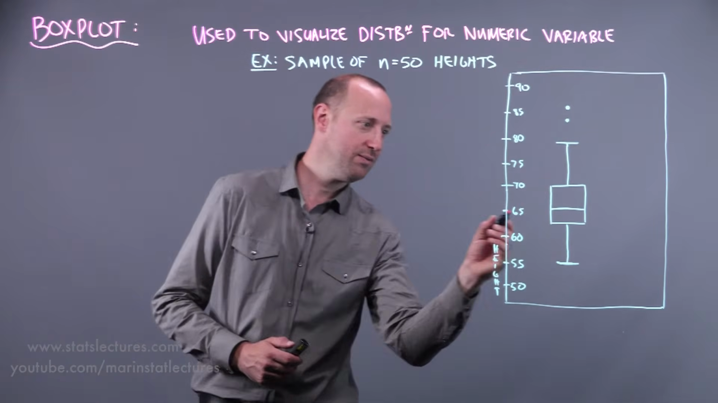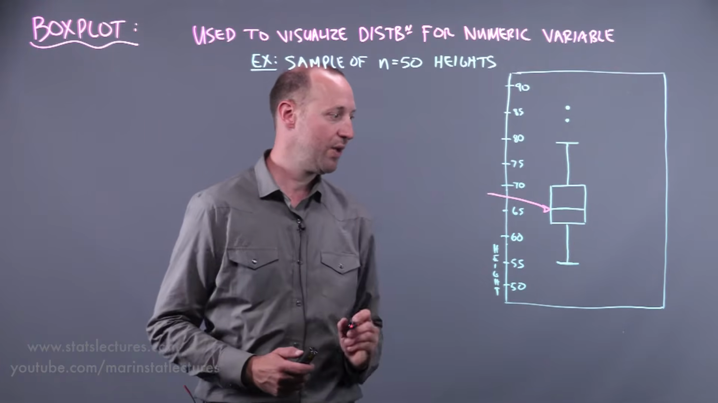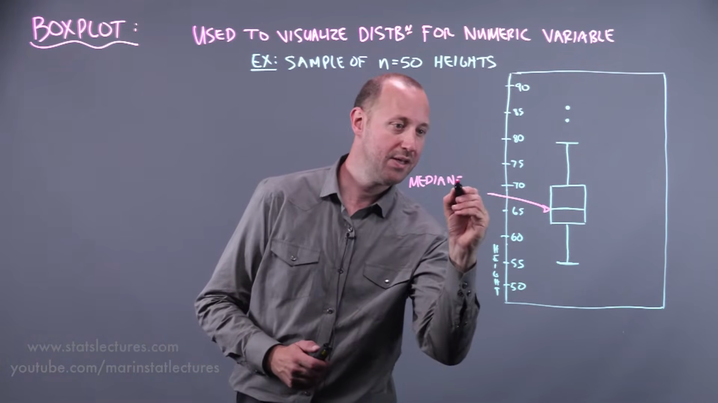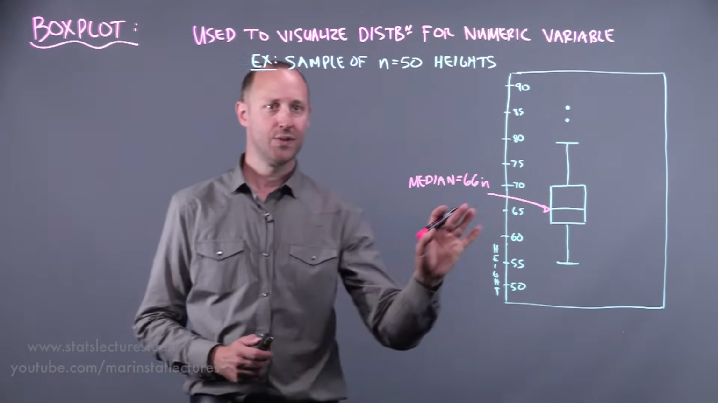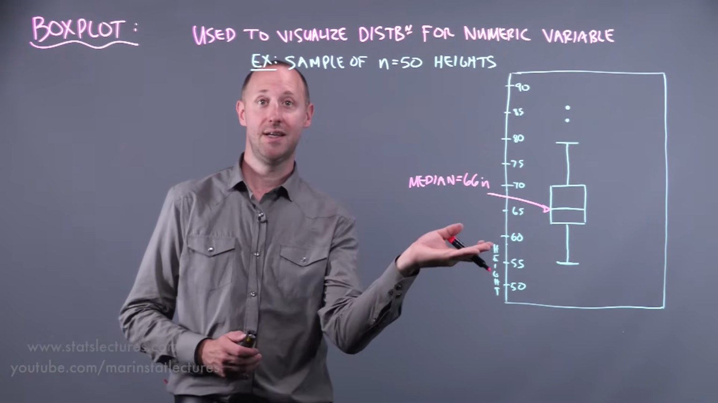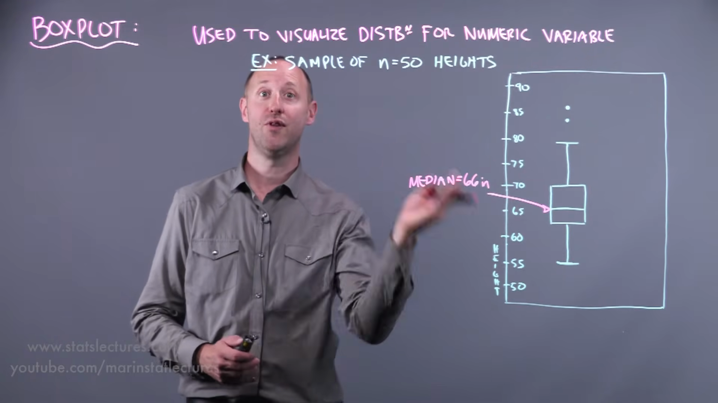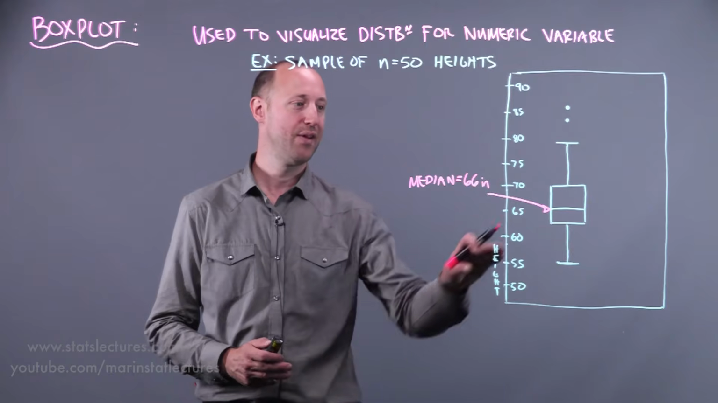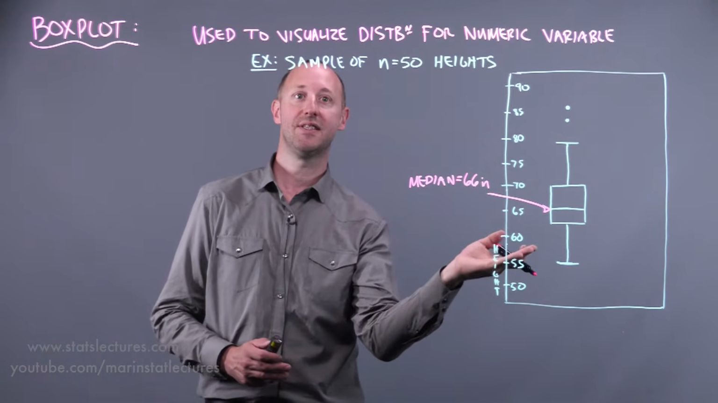So the first thing to note is that the tick in the box here is showing us the median. And in this example, the median looks like it's about 66 inches. The median, which we formally define in a separate video, is the point that cuts the data set in half, 50% below, 50% above. So 50% of the individuals in our sample have a height of 66 inches or less,